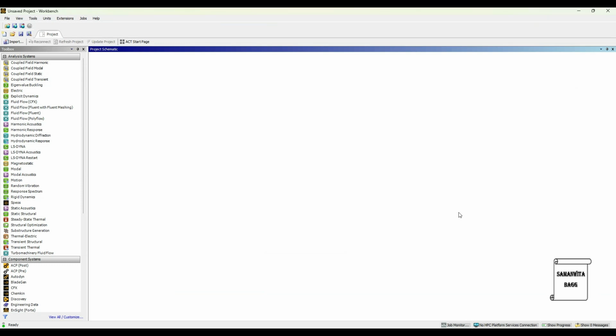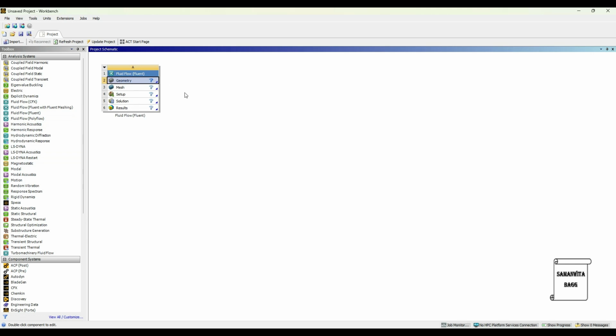In this session, we will analyze the branch pipe for its velocity, pressure and temperature analysis. We will see the intermixing of fluids which have different temperature and the effect of the fluid when it comes out of the pipe. We will be using water as the fluid here. We will start by double clicking on Fluid Flow Fluent.